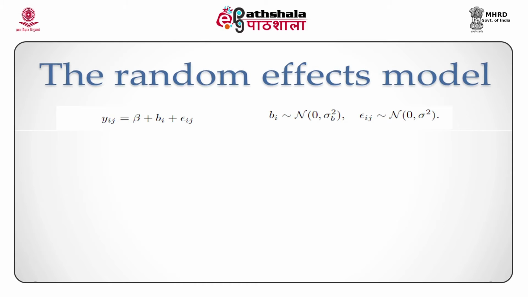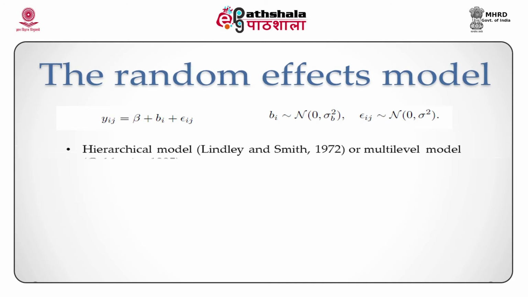That is, we are assuming that Bi, which represents the deviation from the overall mean beta for the ith rail, itself has a distribution across the rails, and this distribution is normal and given by Bi follows normal 0 sigma b square, and this is independent of the epsilon ij's which follow IID normal 0 sigma square. This model has been referred to in the literature variously as a hierarchical model by Lindley and Smith or a